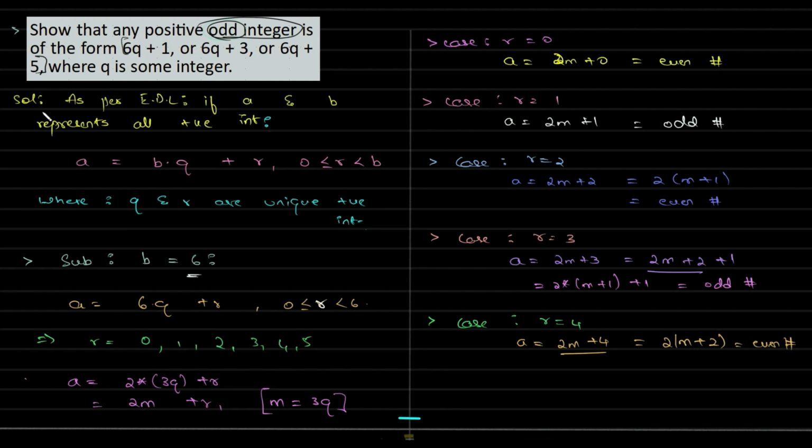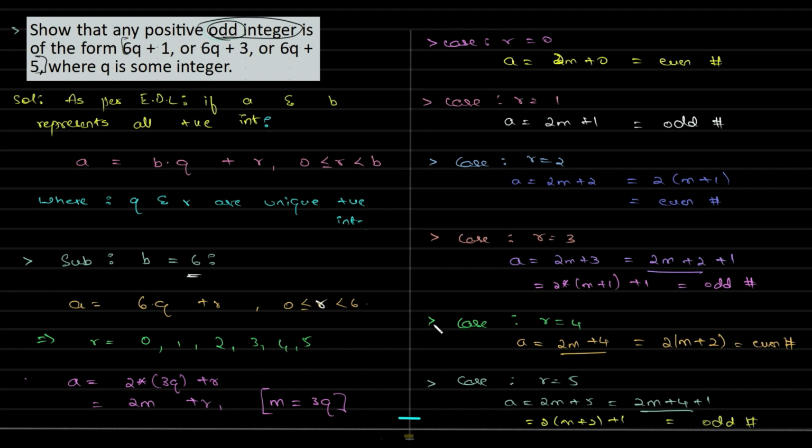And we have the case when R is equal to 5. So we can rewrite this as 2M plus 5, which is nothing but 2M plus 4 plus 1, right? We can rearrange it and write it like this. So taking 2 common, we have 2 times (M plus 2) plus 1, which is an odd